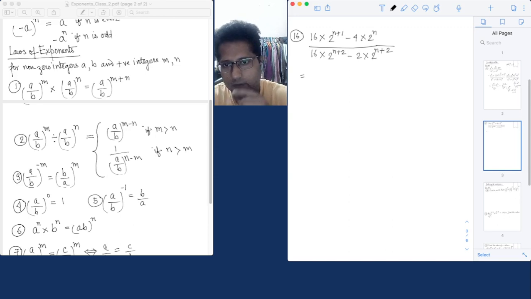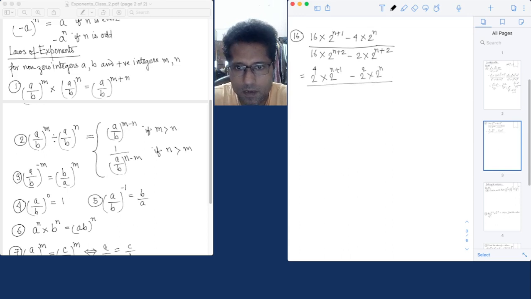It's better we convert all the numbers to powers of 2. So 16 is 2 raised to the power 4 multiplied by 2 raised to the power n plus 1, minus 4 is 2 raised to the power 2 multiplied by 2 raised to the power n. Again 16 is 2 raised to the power 4, multiplied by 2 raised to the power n plus 2, minus